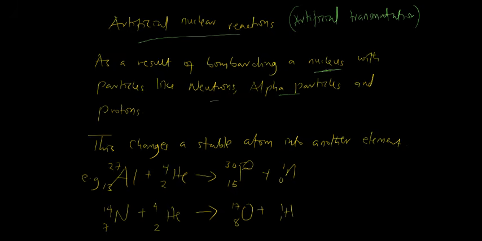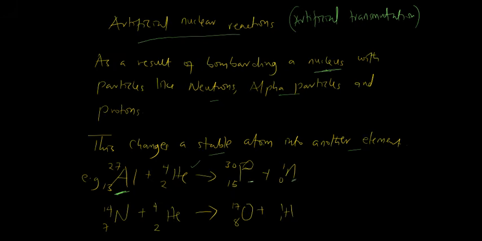So this brings a change; usually this changes a stable atom into another element, which may be unstable. Now the examples we have are like this aluminium. Here is aluminium, it is stable, it is not unstable. But when it is bombarded with alpha, that is the helium atom, it gives phosphorus